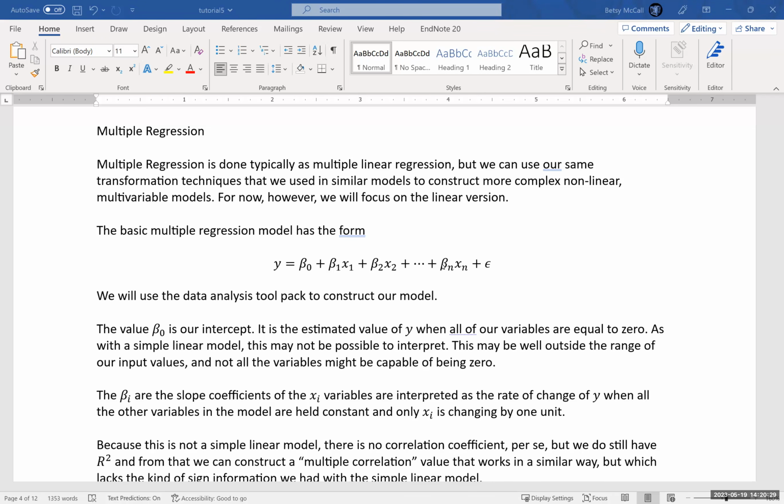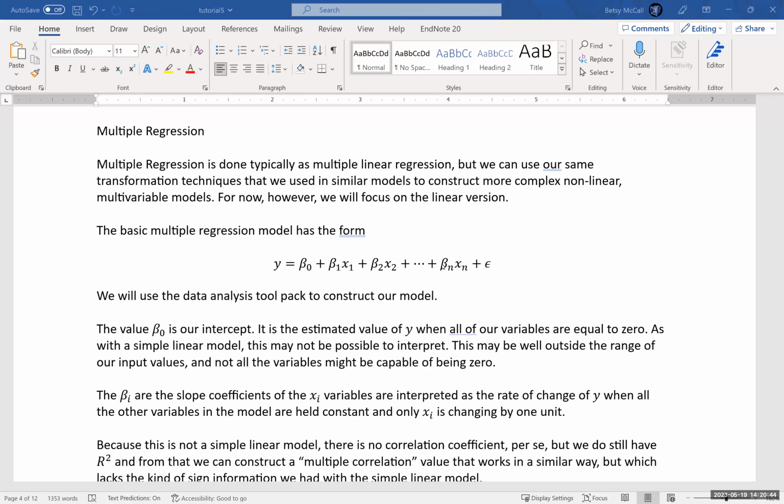We're going to set that aside for now, but it's worth knowing that everything we've talked about with the simple linear regression, we can apply to individual variables in a multiple regression model in order to make a very complex